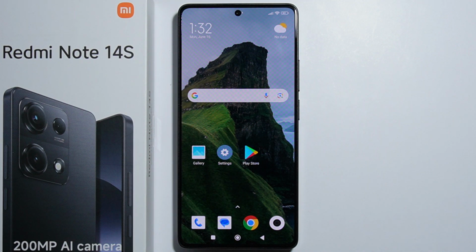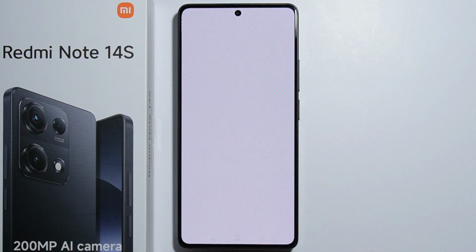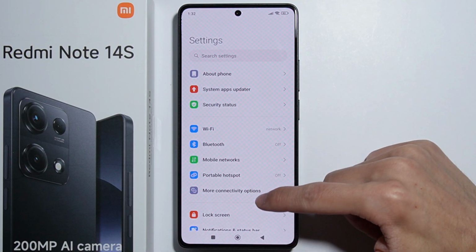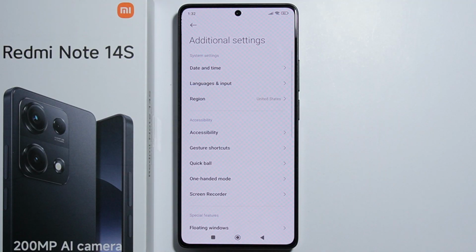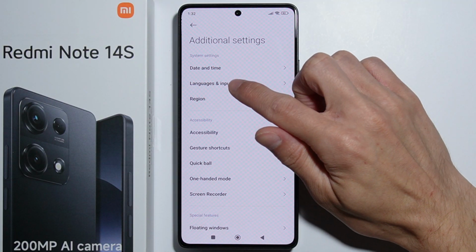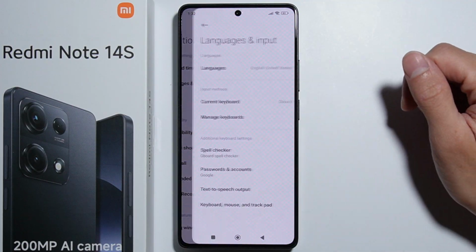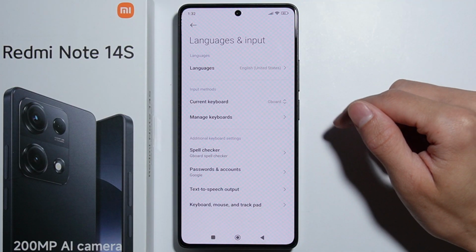To change keyboard language on Redmi Note 14S, all you simply have to do is first go into the settings. From here you will have to scroll all the way down and go for the additional settings. Next, from here you have to go for the languages and input, and right here you'll have to go for